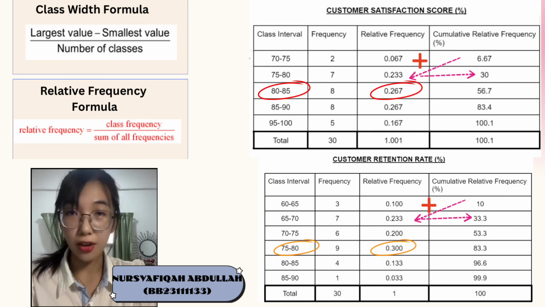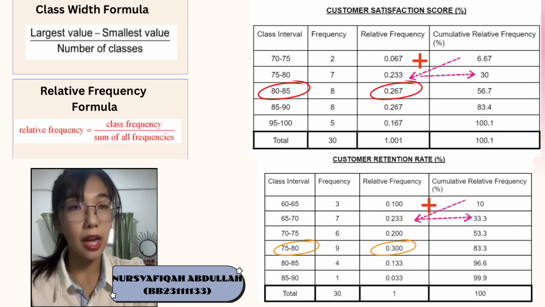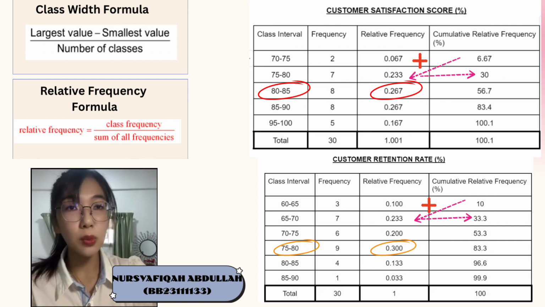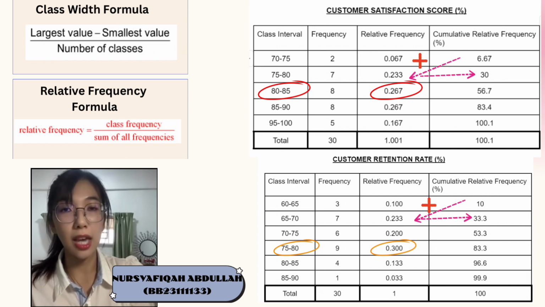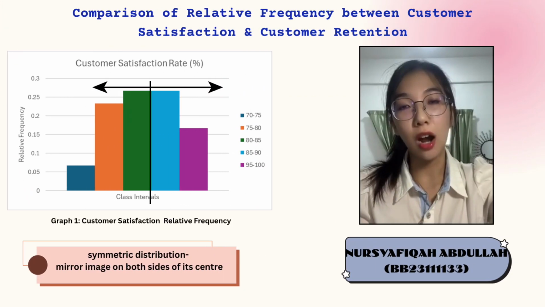And for the CRF, I take the RF, which is 0.067, multiplied by 100, and you will get 6.67. After that, you take that amount plus 23.3, and you will get 30, and you do the same for the rest of the classes. After I found the RF for the two key metrics, now I can do the comparison